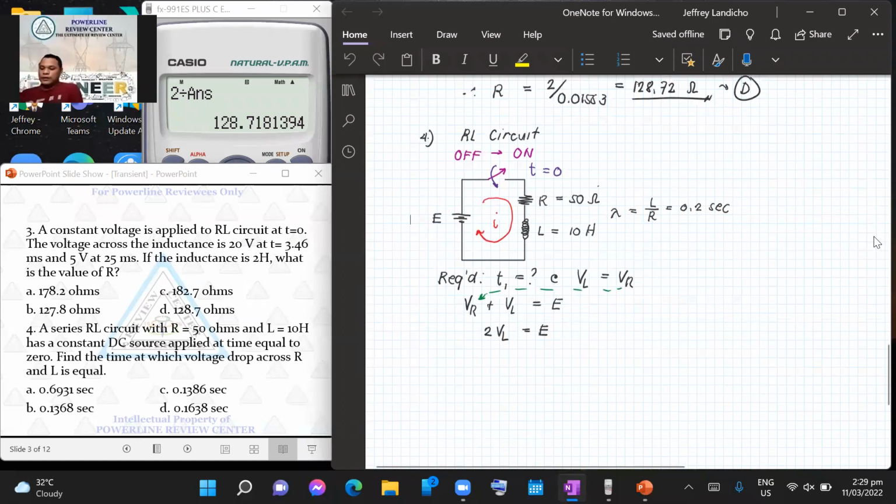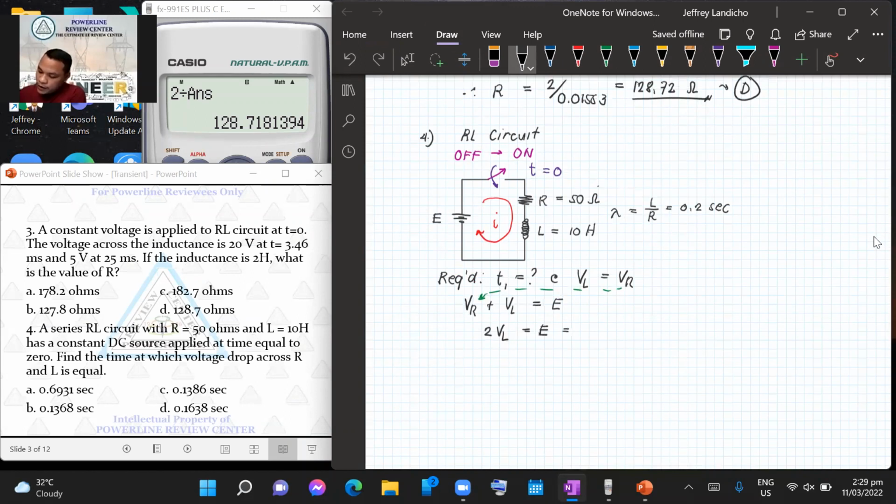Okay? So, alam na natin kanina, na-derive na natin that P sub L is always equal to E raised to negative T over lambda. Okay? So, in that case, masasolve na natin yung ating value of time constant o yung ating T sub 1. Twice of B sub L, that will be our source voltage. Okay? So, B sub L,